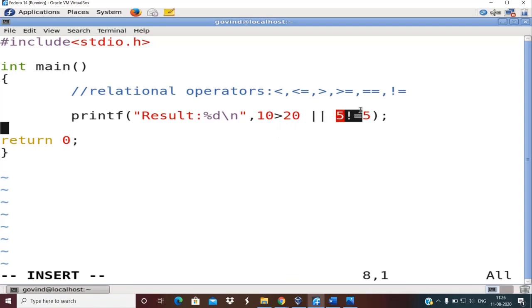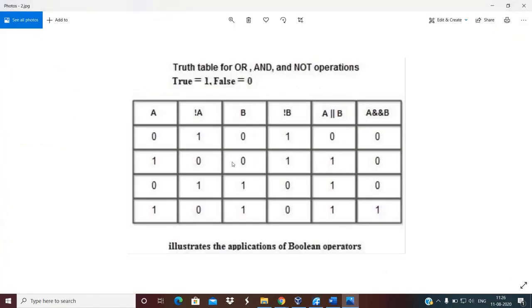What about 5 not equal to 5? Is 5 not equal to 5? False. So even the RHS of this logical expression is 0. So what is 0 logical OR 0? As is evident from this truth table, 0 logical OR 0, the answer is 0.